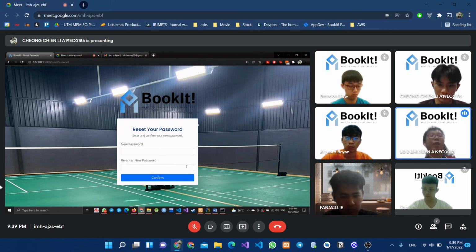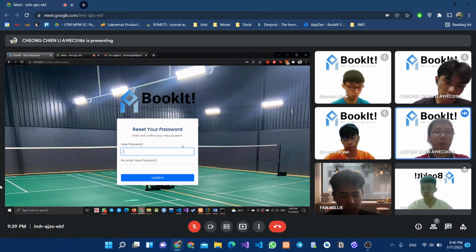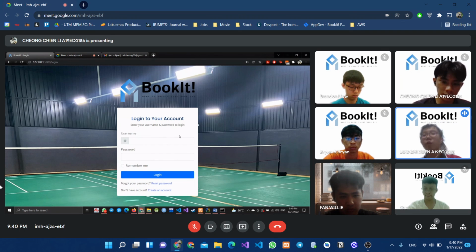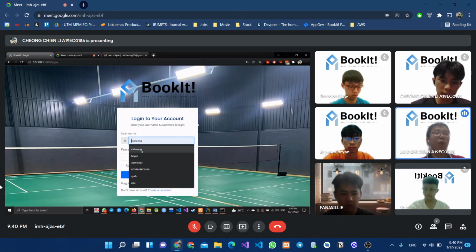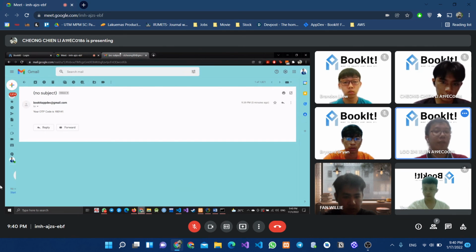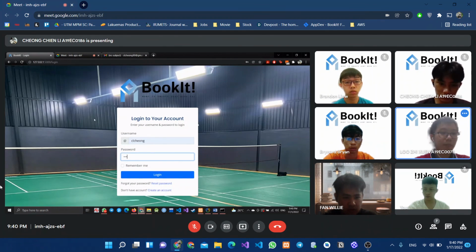you are prompted back to the same page because you put a different password for the new password and the re-enter new password. It should be the same for both columns, right? So please enter the same password for both the new password and the re-enter new password when confirming. All right. So when you correctly change your password, you are prompted back into the login page again. So let's try to put Bryan. Okay. Let us use the old password 123. Okay. When you try to log in,